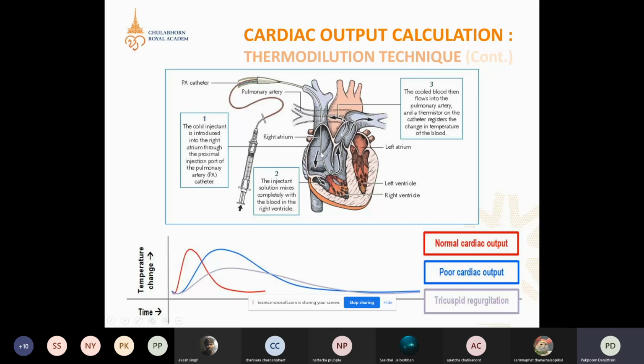That side is in the right atrium, just like this, into the right atrium. Over here, this is the proximal port that the cold injectant solution will get out into the right atrium, and then the top port is at the end of the catheter again. And after, during the break,